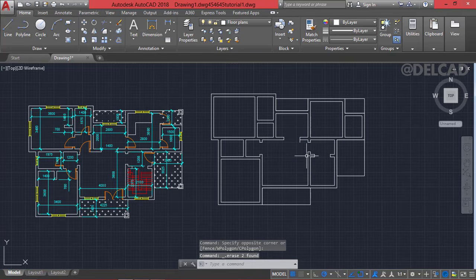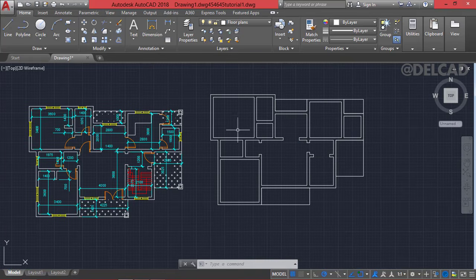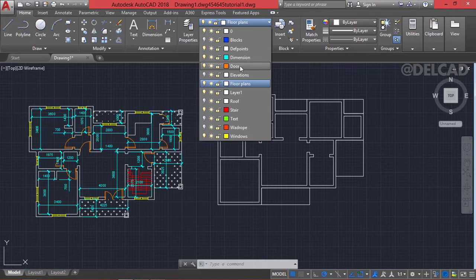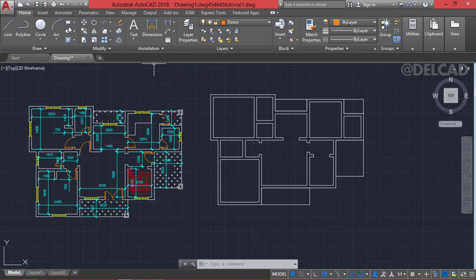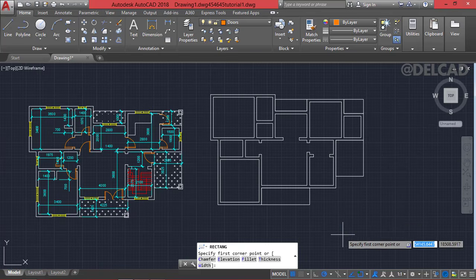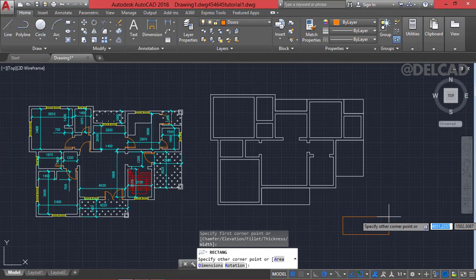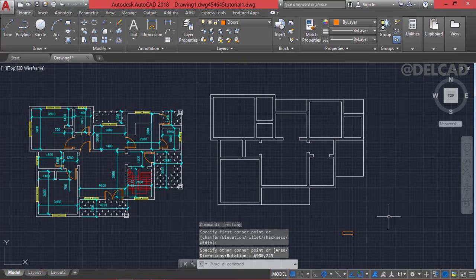which I don't want. Now the next thing I'm going to do is to create the doors. So for me to create the door, I have to go to the layers and go to the door layer and have it activated. Now select the rectangle tool again, and anywhere on the canvas I'm going to click and I'll enter the dimension of this door to be 900 millimeters by 225 millimeters, which is the thickness, and I'll